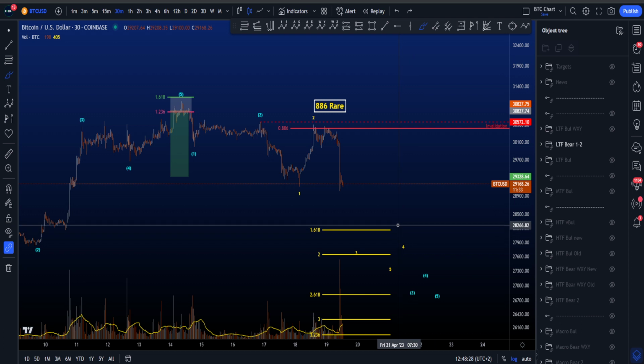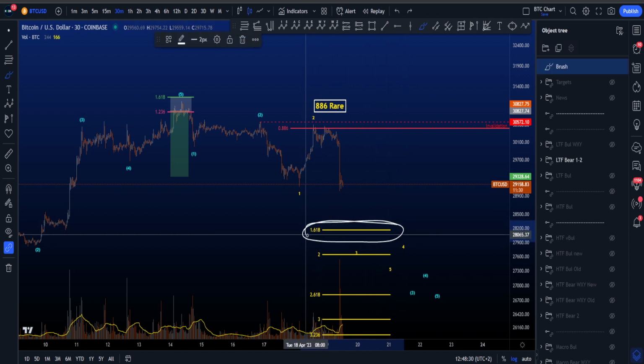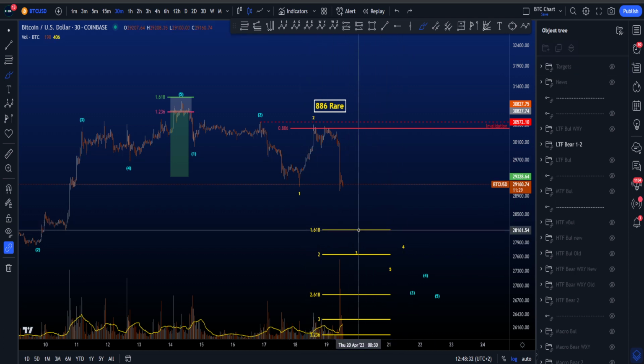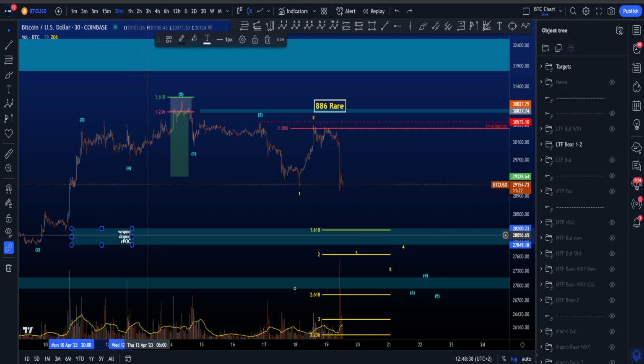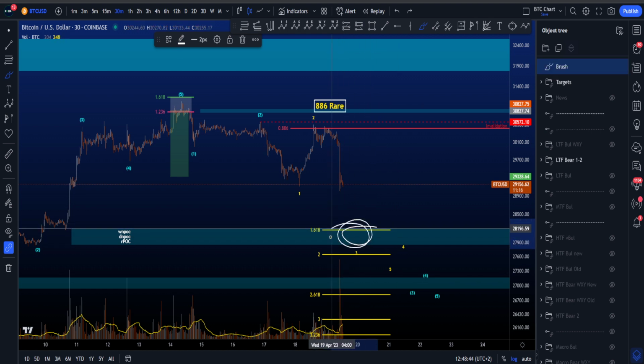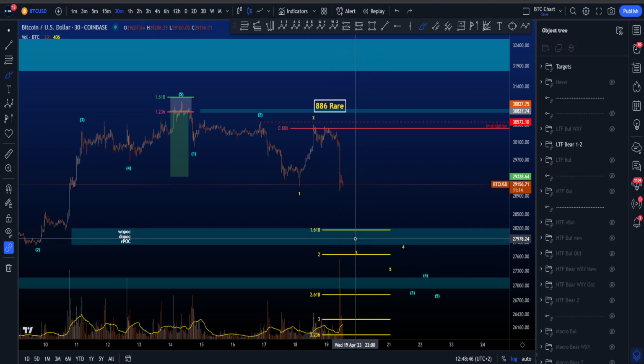wave 3, where usually the minimum target for wave 3 is the 1.618 sitting at 28.170, which also is in confluence with the target box that I have over here, which ranges from 28.2k to 27.8k. So that is definitely an interesting area for at least a little bit of support or a bounce in this